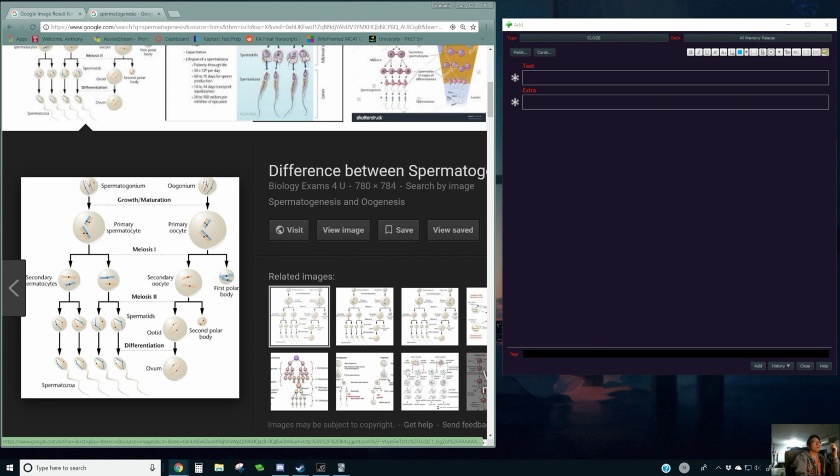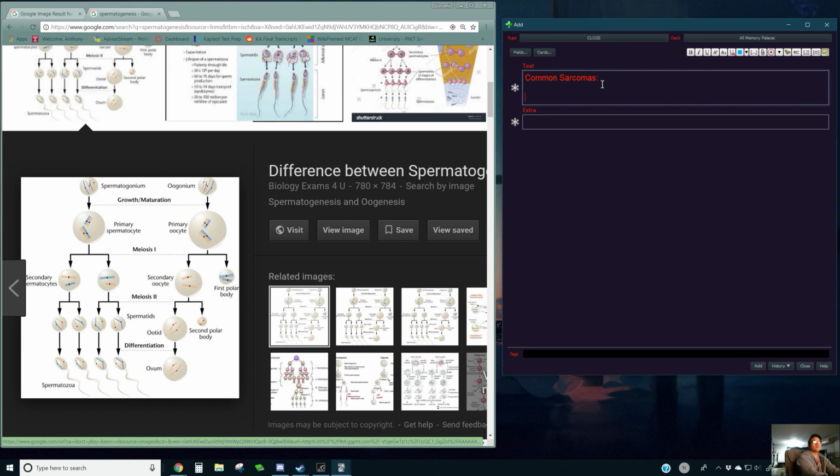Alright, let's do this. I'm going to just recall this from the top of my head. So the common sarcomas are sarcoma. Sorry. Osteosarcoma. This is bone sarcoma. From